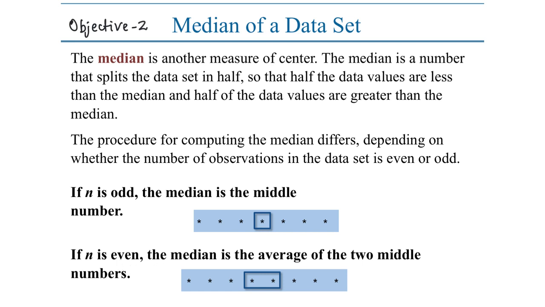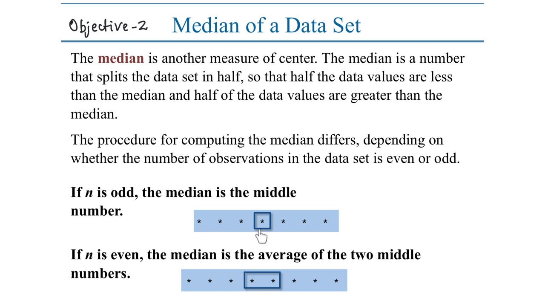If there are an even number of values in the data set, then the median will be the average of the two middle numbers. The median divides the values into two sets, or you can say it splits the data in half, and in one half all the values will be greater than the median, and in the other half all the values will be smaller than